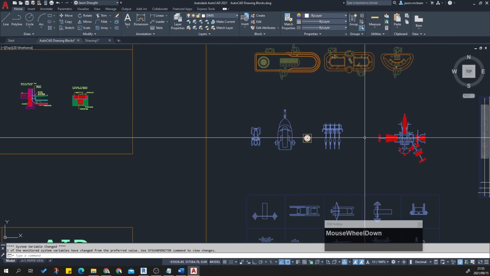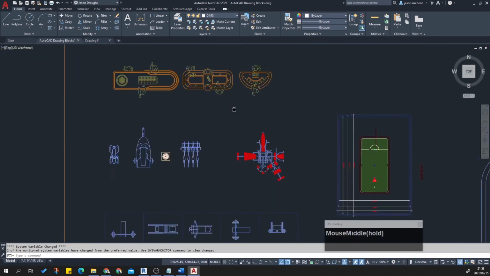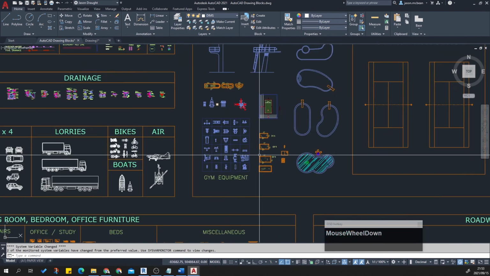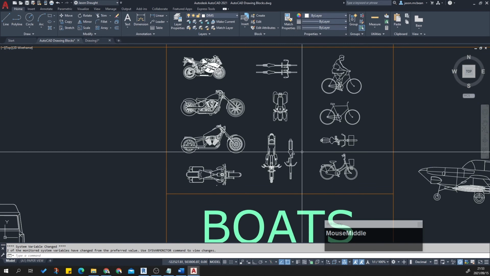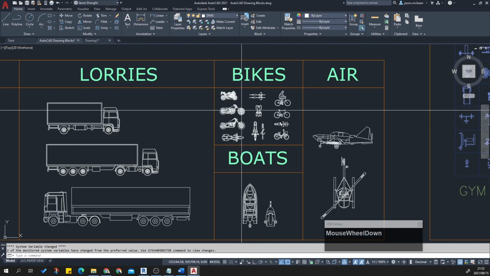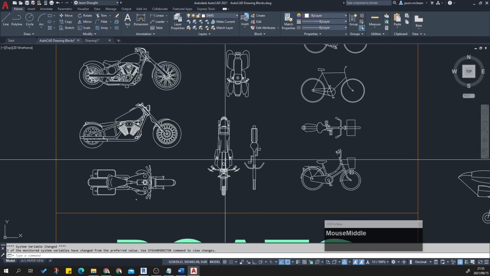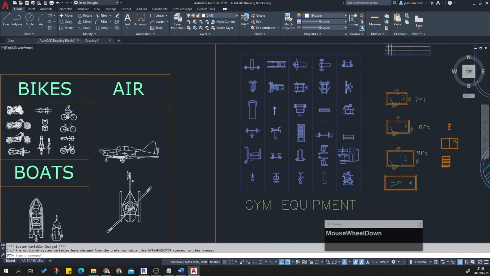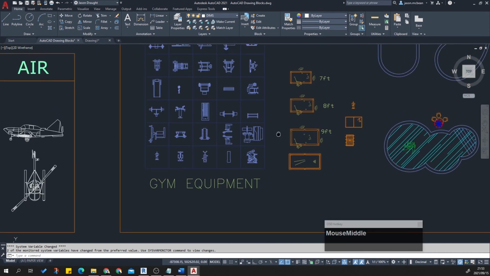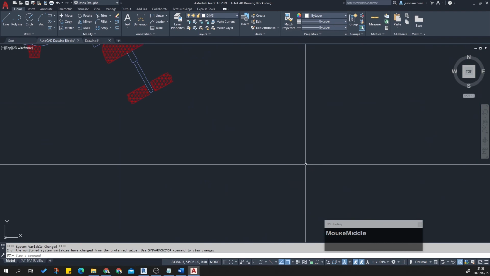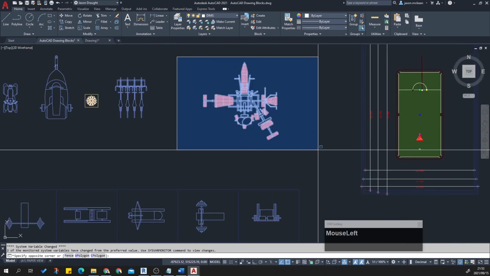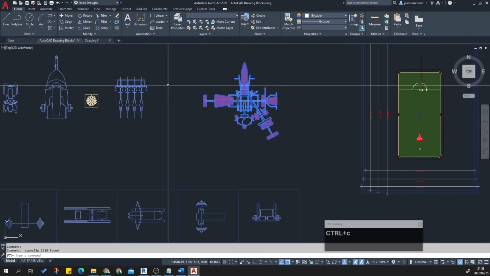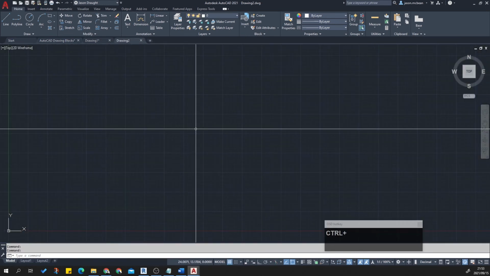So what we could do is maybe use some gym equipment, and let's just see what else we have here. I could put like a motorbike in the one below. So there's lots of things we can do. Okay, the reason why you want to put this type of furniture in is because I'll make some gym equipment. Okay, so let's grab this guy. So let's grab that guy, Control C. I'm going to start another drawing, Control V,